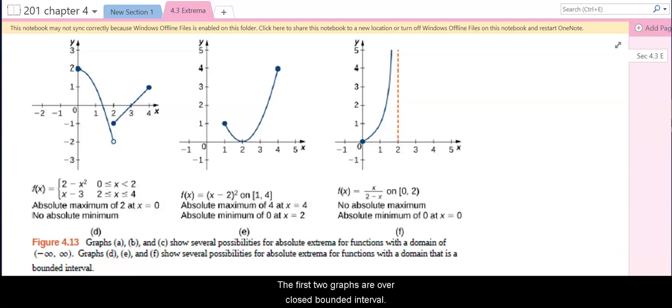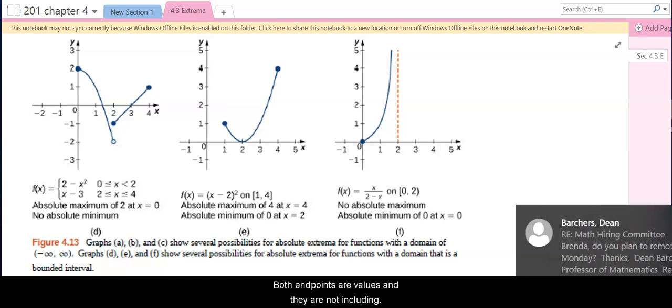The first 2 graphs are over closed bounded intervals. Both endpoints are values, and they are not including,